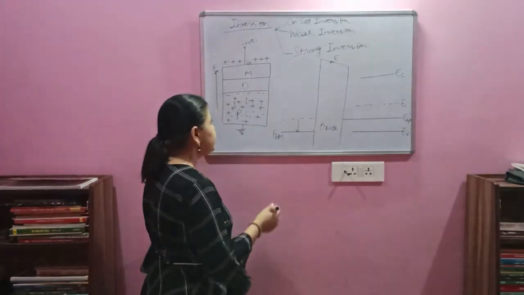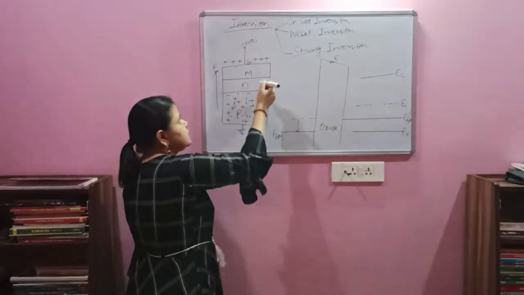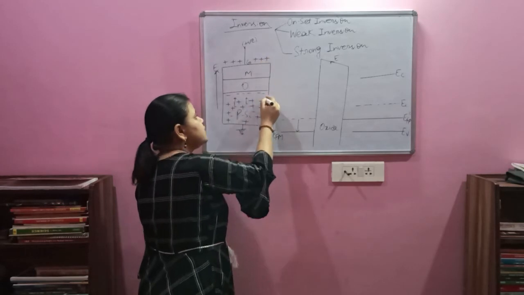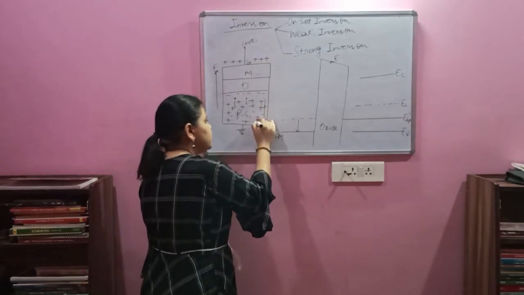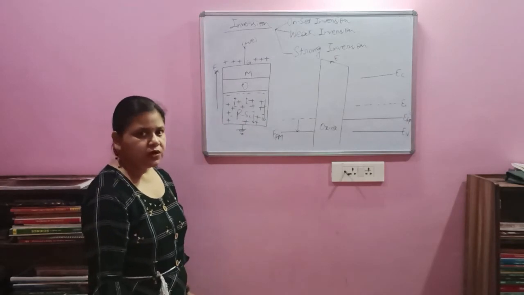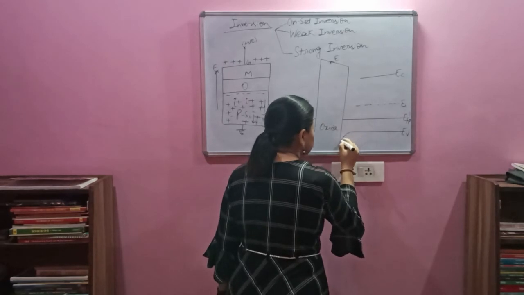So again the concept is the same. If the electrons get attracted upside, it means reversely we can say that because of the application of the positive charge, the holes are moving downside into the deeper substrate region or into the bulk region. So the bending in the band will be downside again.